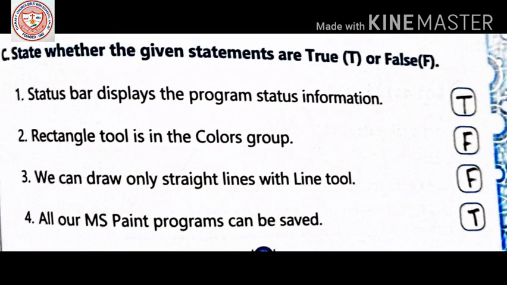State whether the given statements are true or false. Status bar displays the program status information. True. Rectangle tool is the colors group.